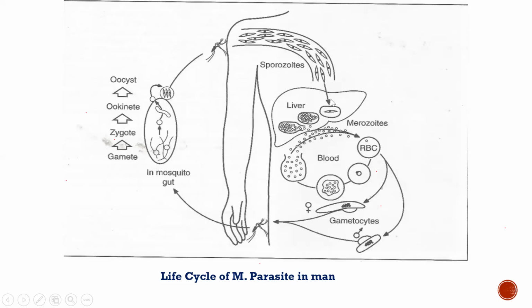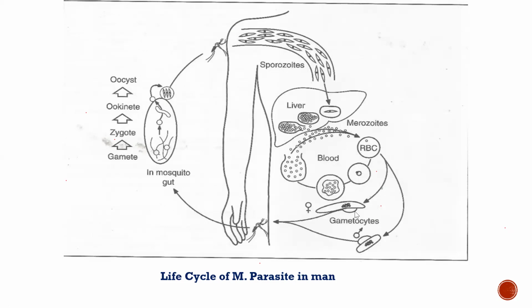So in the liver, it matures and forms what we call merozoites. We say it can be up to 40,000 merozoites which are released and then enter into the blood. Inside the blood, some of the merozoites will start infecting the person. That's when you start feeling the symptoms of malaria, like fever, cold, and all those. Some of them will also go and form what we call gametocytes, forming male and female